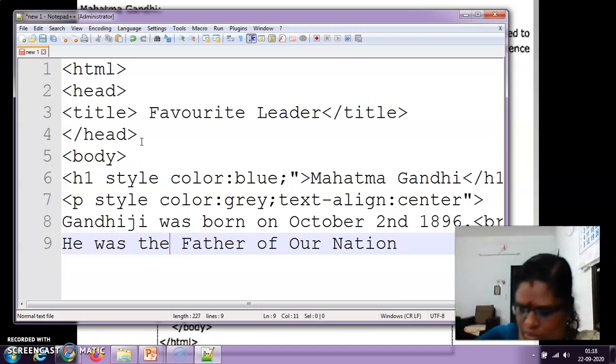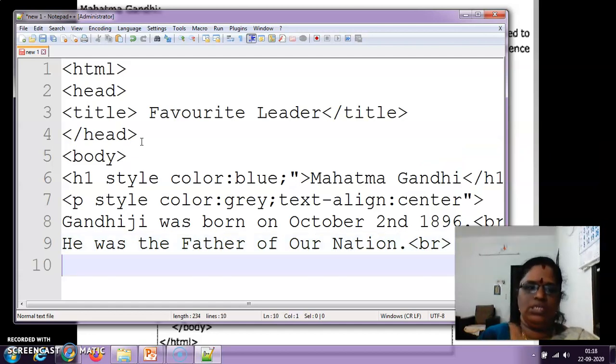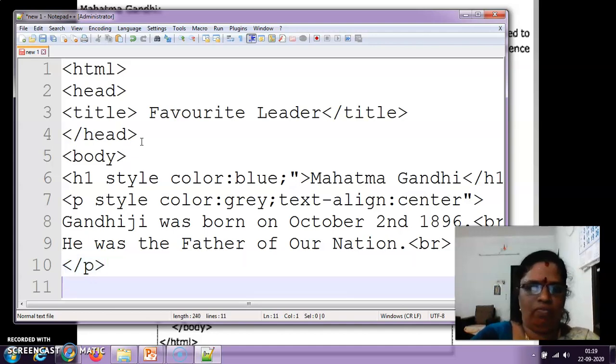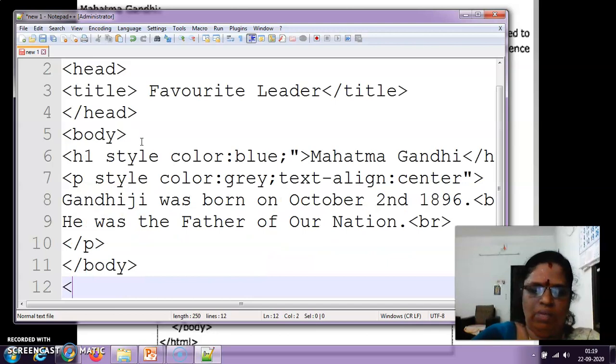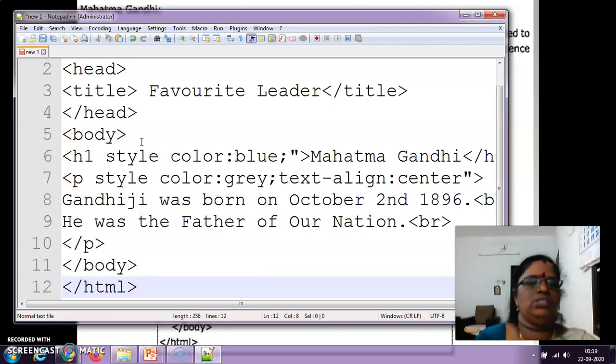You want to write all the points one by one, and we can have a break also here, right? Yes. We can close this, two points are enough. I can close the body part, and then we can close the HTML. Yes, children, because I am just giving a sample, I am writing only two points.